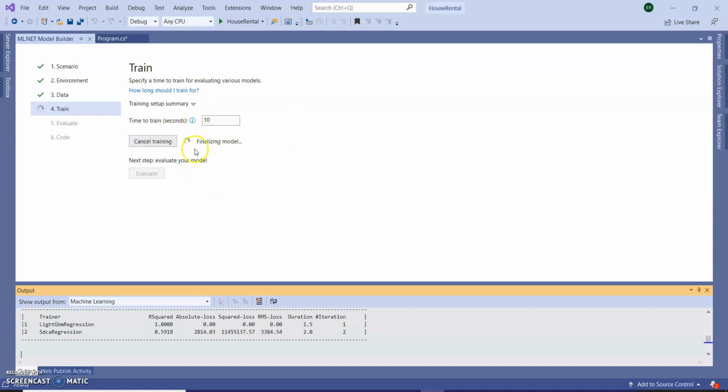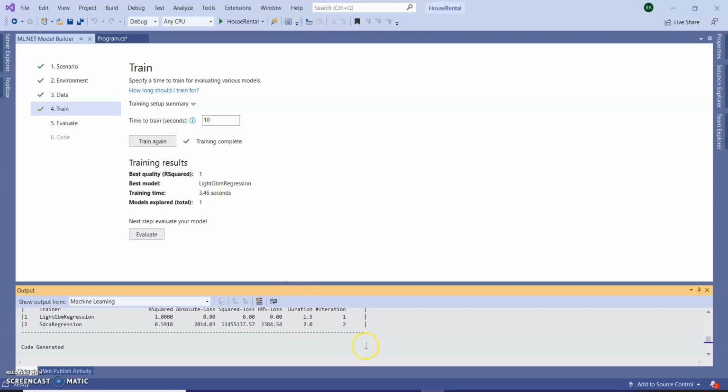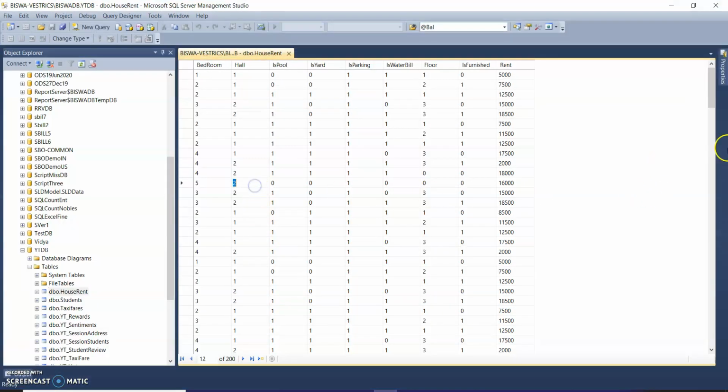Model Builder will fetch the best training model for our data and show it to us. I'm again repeating, guys, if the actual data is higher, then the chances are the approximate result will be exact.